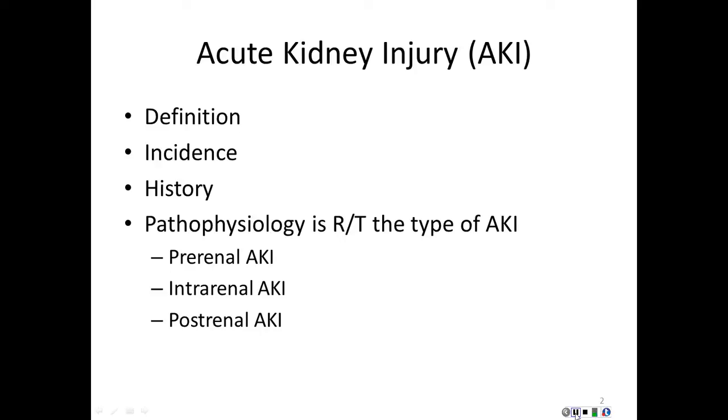But when we're talking about these three types, anything that reduces blood flow to the kidneys, hypoperfusion to the kidneys, is called pre-renal acute kidney injury. Damage to the glomerular, interstitial tissues, or tubules is called intrarenal or intrinsic acute kidney injury. Post-renal is caused by an obstruction of the urine flow. Anything from the kidneys down through the ureters to the bladder to the urethra can cause post-renal acute kidney injuries.